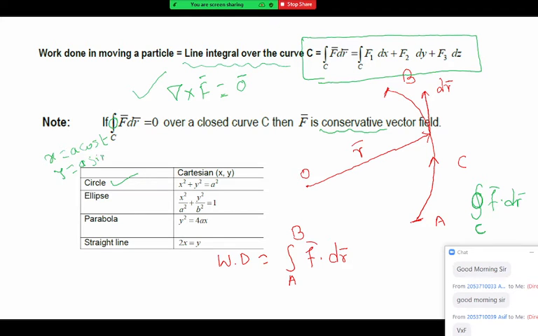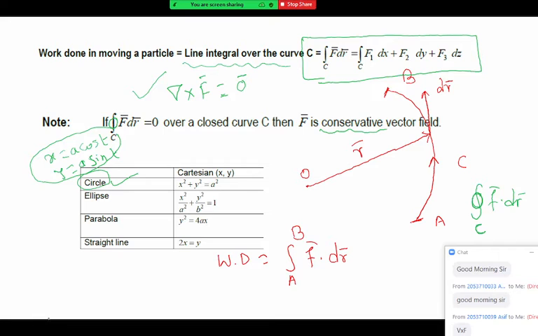This is one of the standard parametric forms for a circle. For a circle, generally we use x equal to a cos theta, y equal to a sin theta. So you can use either t or theta. Both are parameters, so you can select any parameter there. Yes, they are correct for this circle.